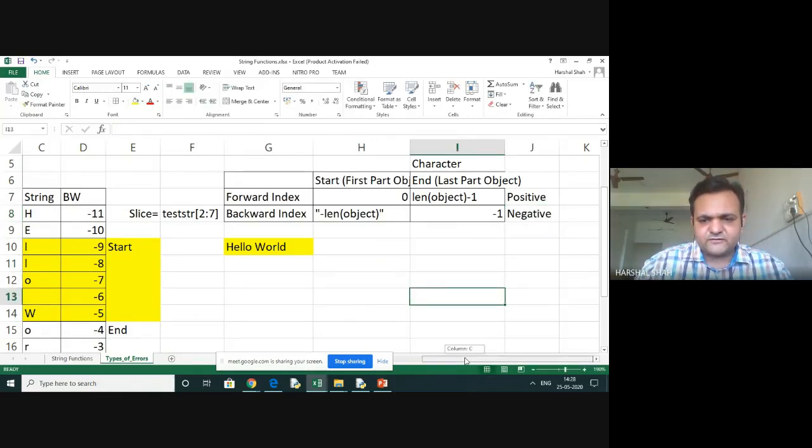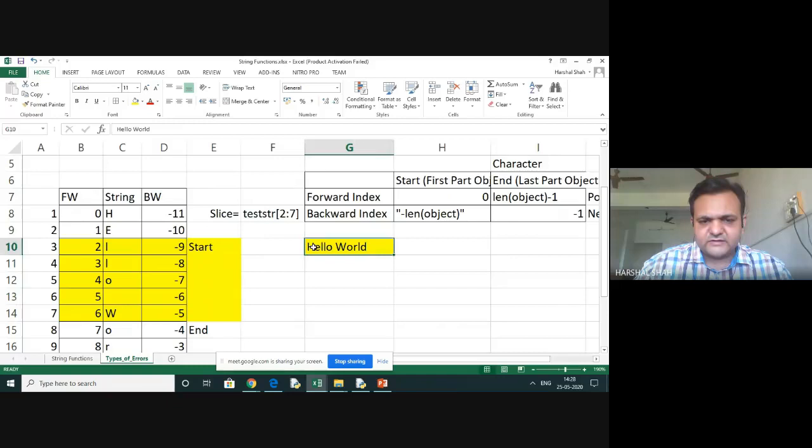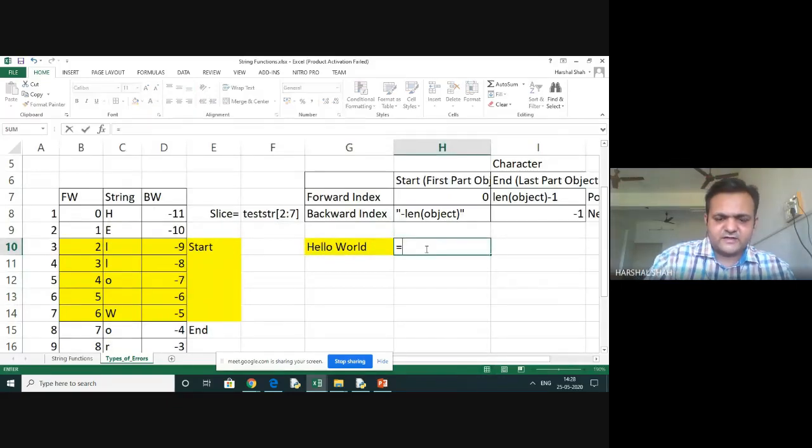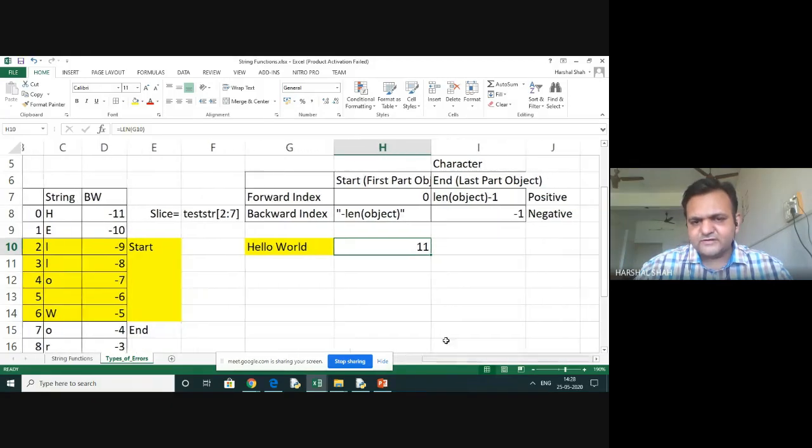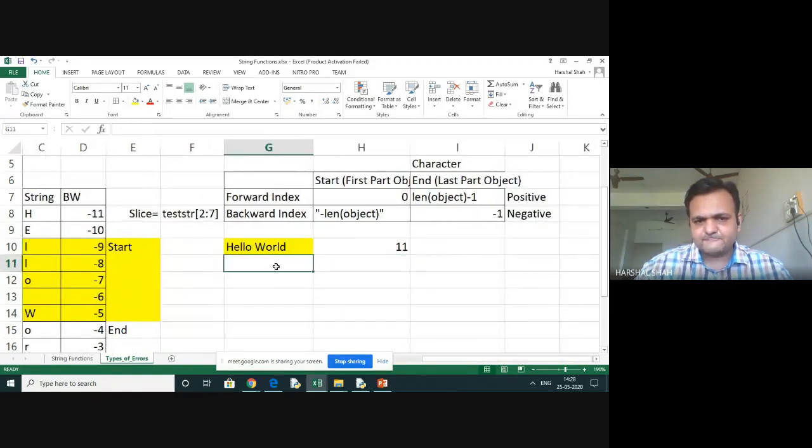Now I'll explain how. Let us see that this is the word. What is the length of this? Let's see. Length is 11. Okay, so what is this? This hello world, if I represent this in a forward index, I'll say that it is forward.